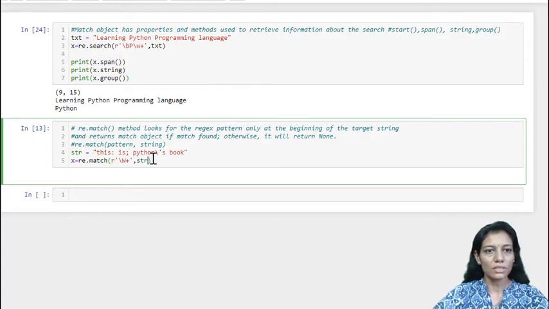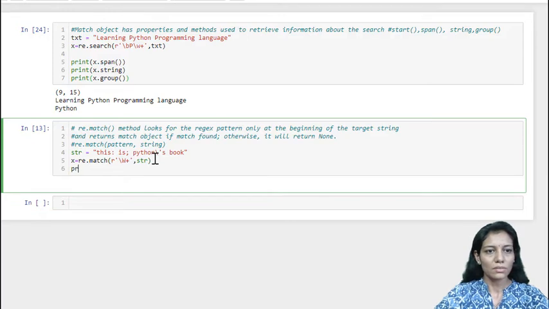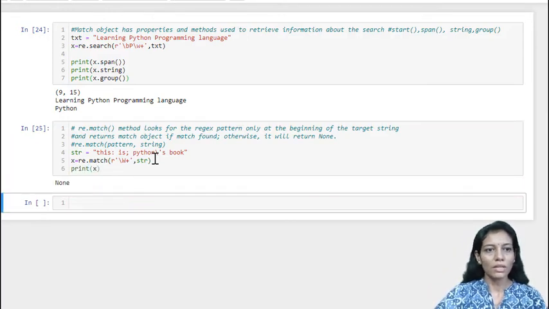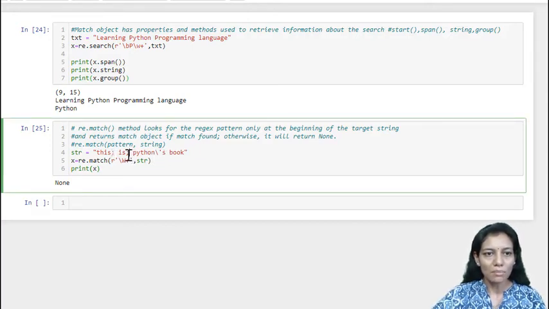So let us see what it is returning actually. So write print x, okay. So it has returned none because it has not found any non-word character, and we can see over here many, okay. This colon, this semicolon, all are non-word character, but still it is not identified by the match.